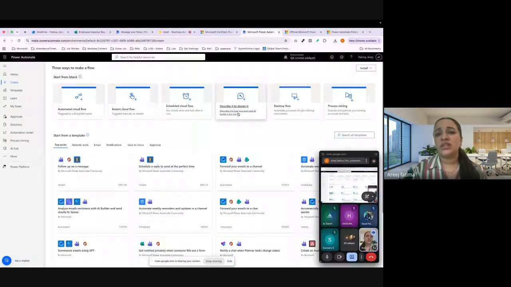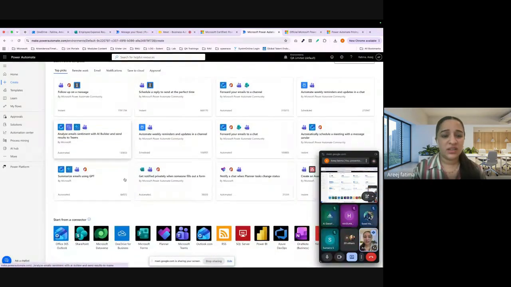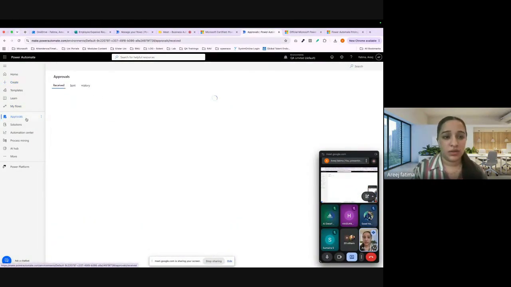And this one is the design. If we need to design anything like the complete AI build of the structure and the flow design, this one is just the design. And then we have the desktop one, anything with the clicks and the keyboard, whatever we have, so we can use this. Again, these are the templates that we already discussed. And these are all the approvals.